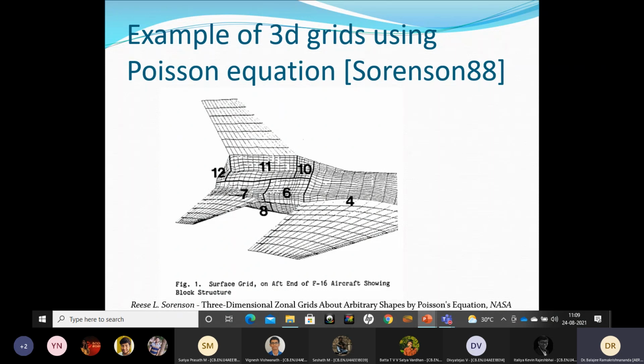While solving also you can use blocks. Even while generating grids also you can use blocks. For ease of generating grids, if you have a long surface of very complicated curvature, in regions of high curvature you divide it into smaller segments, generate separate grids there and then join with the neighboring grids. Then check whether the whole thing looks smooth. Otherwise, tweak some parameters here and there.